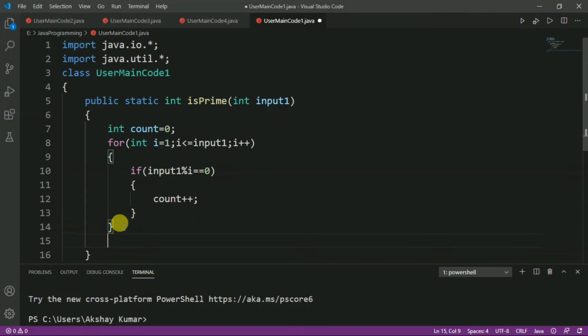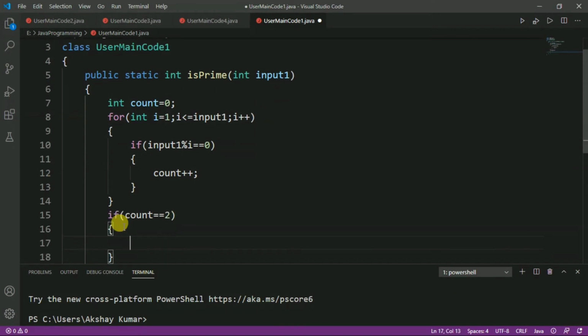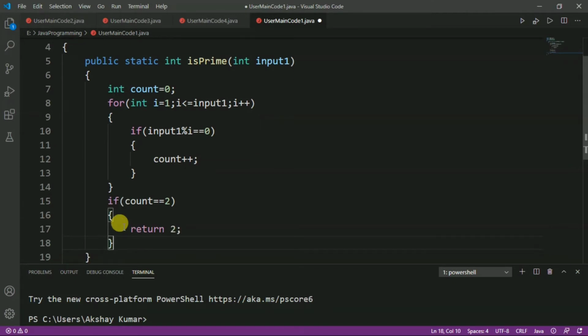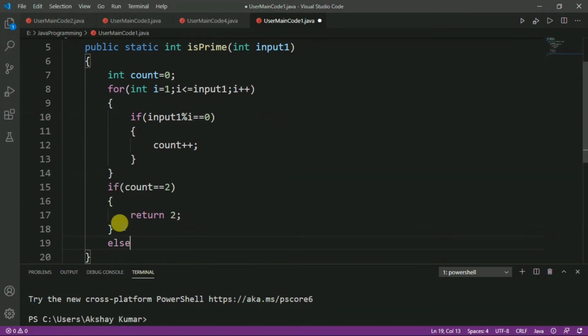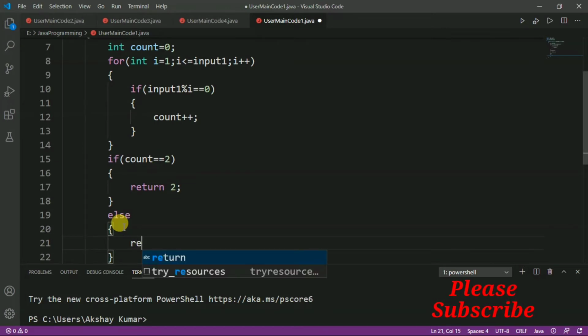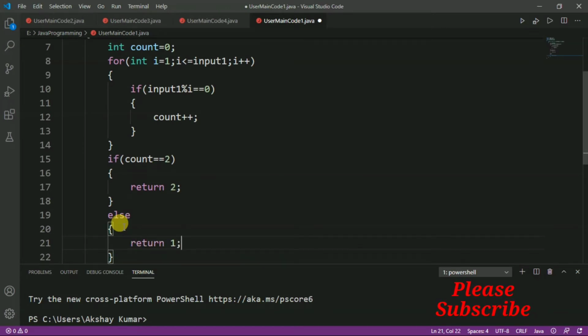So if the count value is 2, so here we have to write if count equal to 2, then that number will be a prime number and we have to return 2, else we have to return 1.